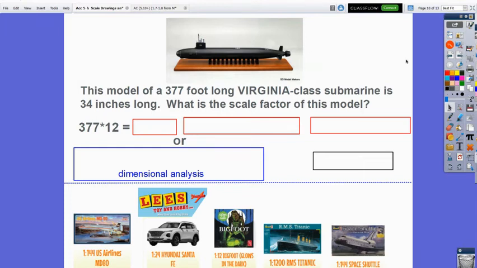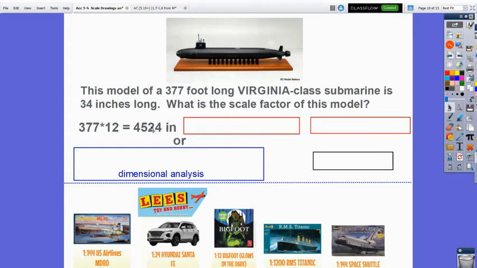All right, here's one that's a little more realistic. This model of a 377-foot long Virginia-class submarine is 34 inches long. Okay, so the model's 34 inches. The actual submarine is 377 feet. What is the scale factor? All right, so in order to get the scale factor, I have to have the same units. So how long is the submarine in inches? It's going to be 377 times 12, which is